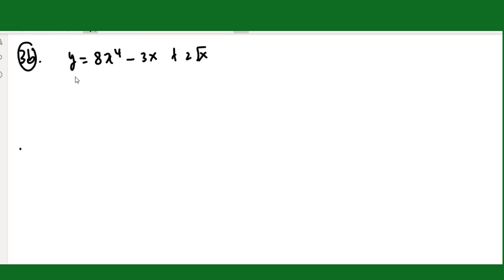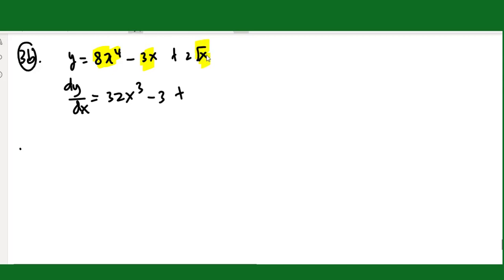So differentiate y with respect to x, dy/dx. Here is the power rule, bring 4 to the front, so 32x to the power 4 minus 1, which is 3, minus 3 plus, this one